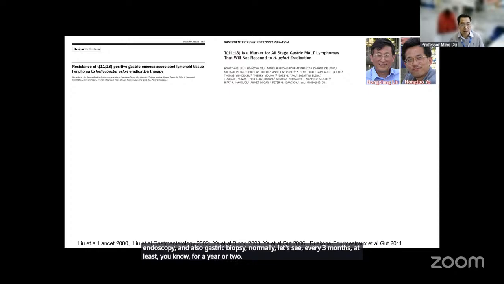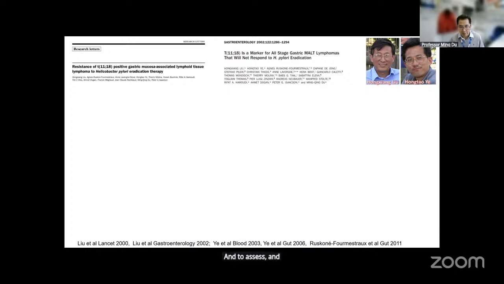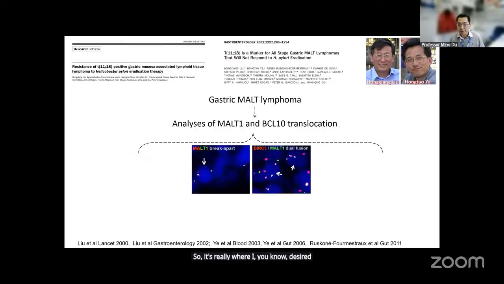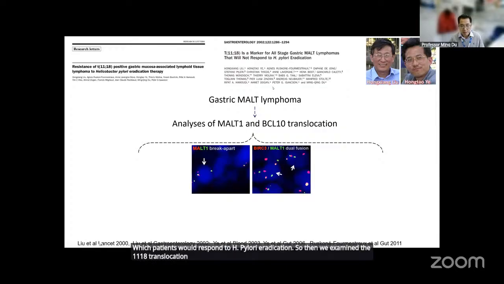So I really wished, at the time of diagnosis, that we could predict which patients would respond to H. pylori eradication. So we examined the 1118 translocation in the context of H. pylori eradication therapy,